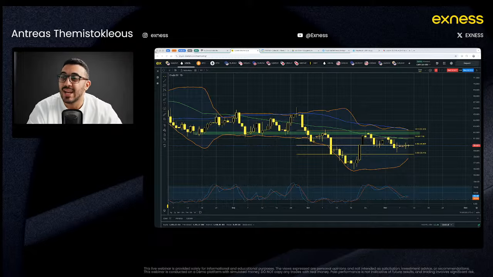I don't really like the positioning to buy gold. If I were to buy some gold, I would buy with very small positions, not too much risk, and just try to lock profits as it goes up, because let's be honest here,